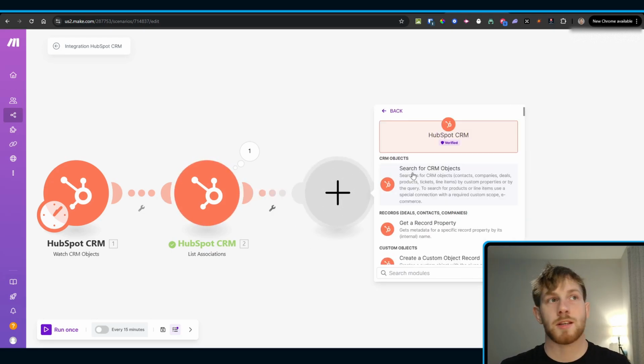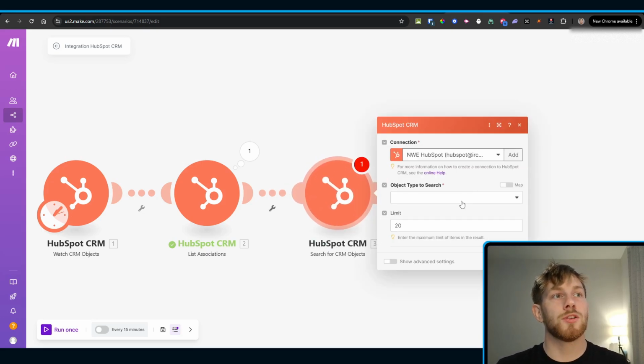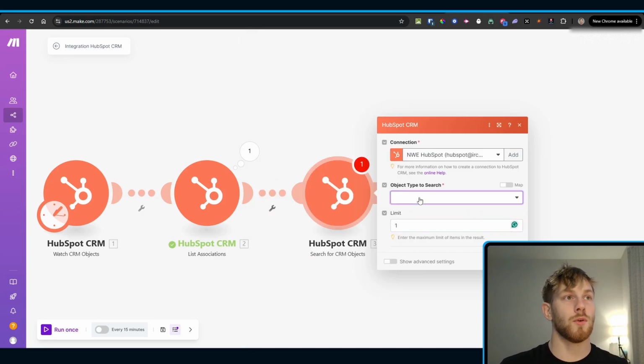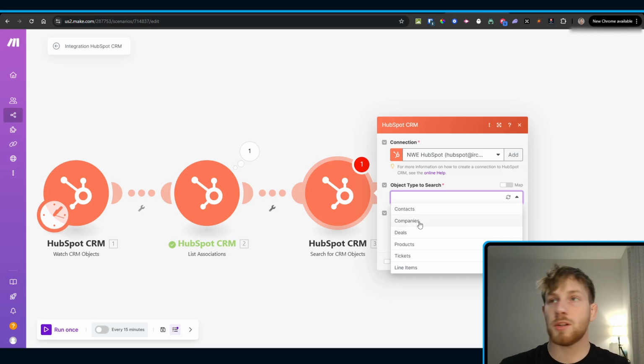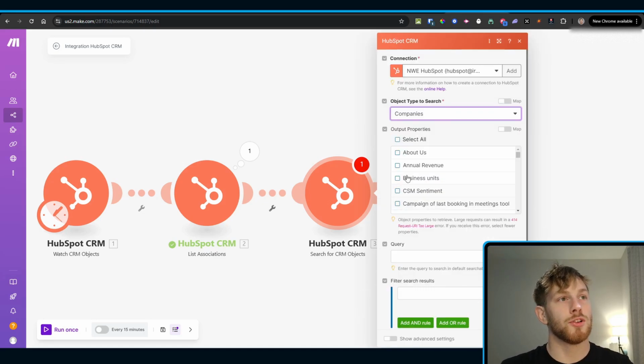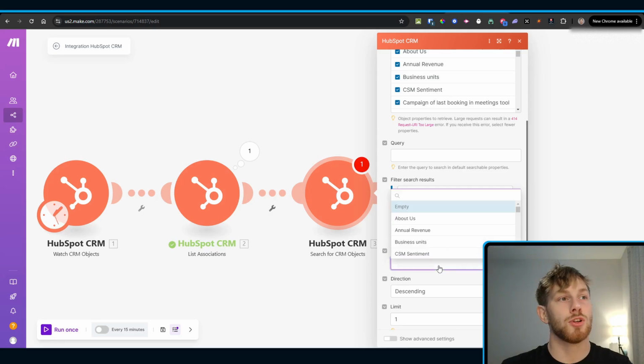We're going to go to HubSpot CRM. We're going to search CRM objects, and we're going to do this. We're going to do one of these for the company record and one of these for the contact record. So let's start with company details. Here, we're going to do companies. We're going to select all the values, and we are going to search,